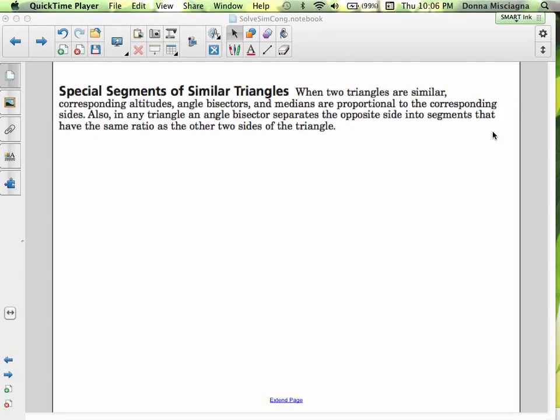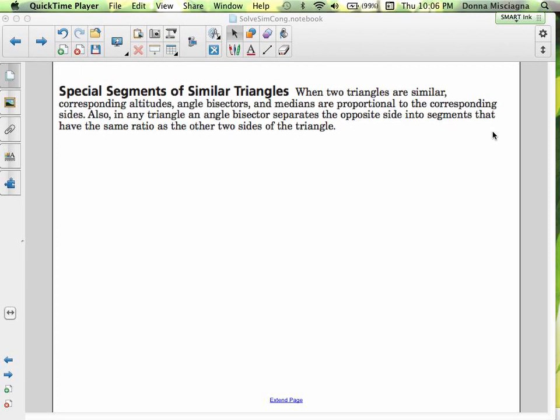Special segments of similar triangles. So when two triangles are similar, corresponding altitudes, angle bisectors, medians are all proportional to the corresponding sides. So it's not just sides that are in proportion, it's everything in terms of linear measurement. So altitudes, if we were working with medians or mid-segments, they would be in proportion to each other as well,